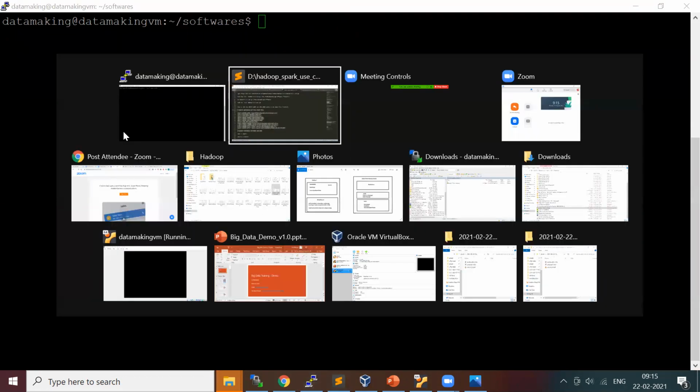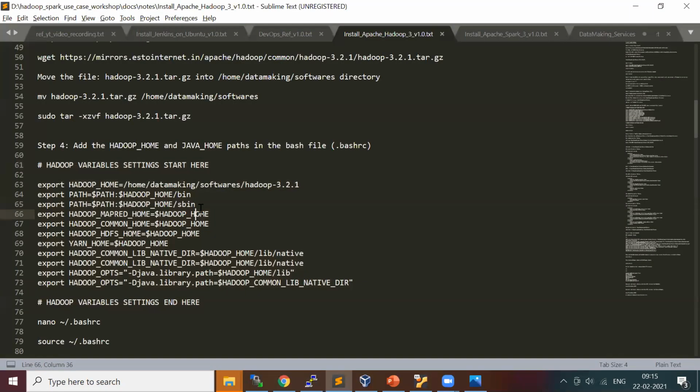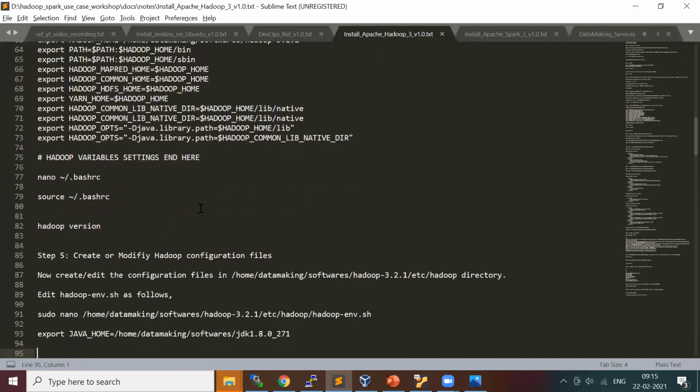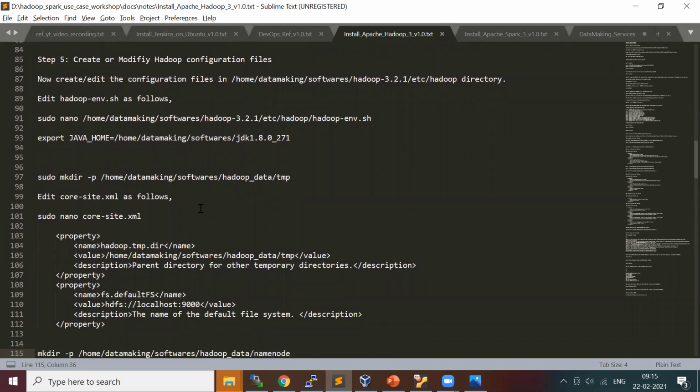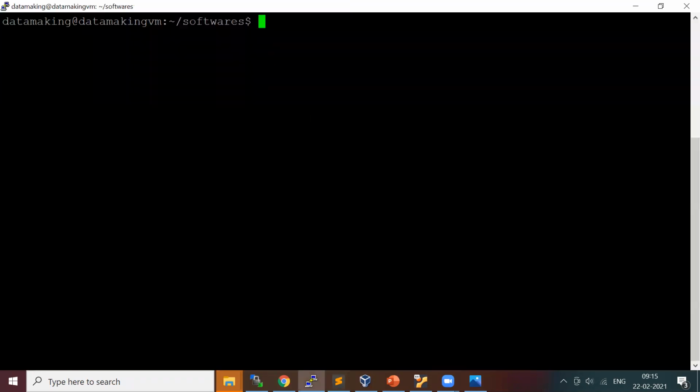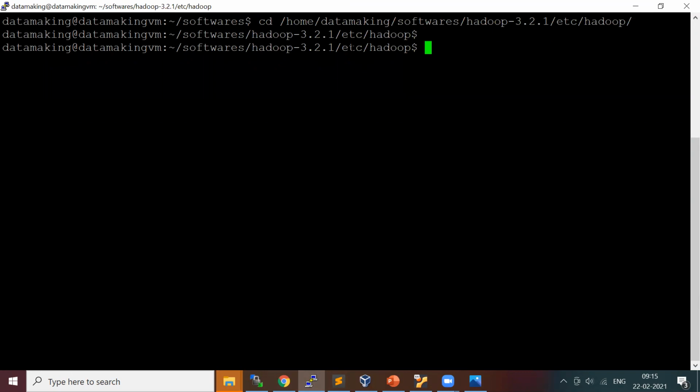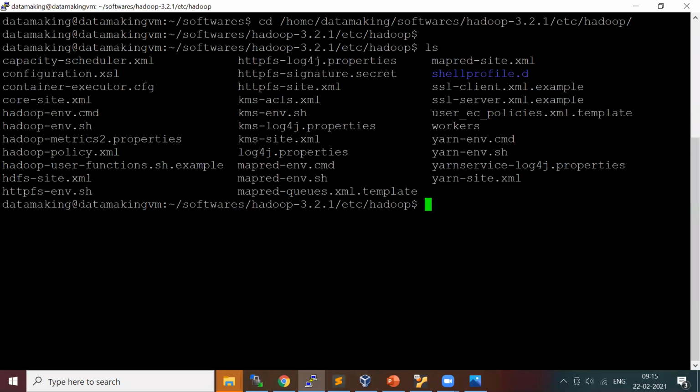This is done. Now we'll go back and modify a set of configuration files to set up the other processes. First is a file called hadoop-env.sh. We'll go to the etc/hadoop location, where you'll have all the configuration files.